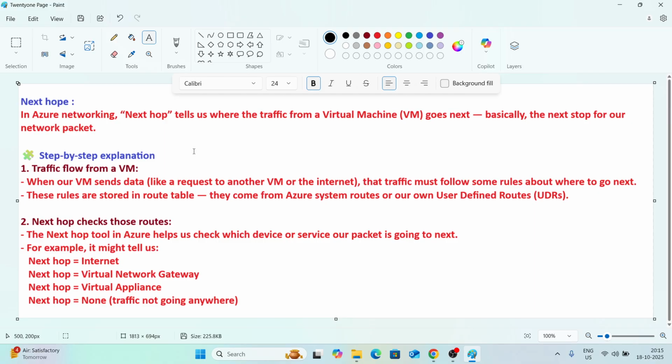Traffic flow from a VM. Whenever a VM sends data, like a request to another virtual machine or the internet, the traffic must follow some rules about where to go next. These rules are stored in a route table. They come from Azure system routes or user defined routes. Means